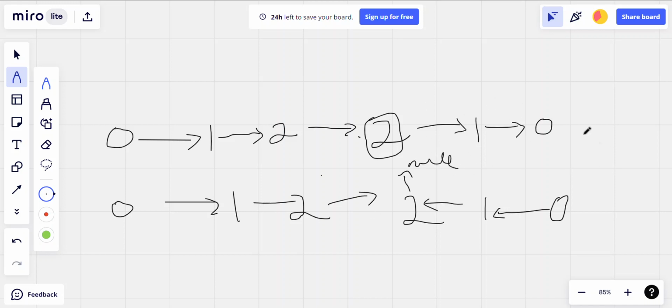So we need to reverse only the second half, and we'll get something like this. So after reversing, we can check, now we have both the parts here. So we can check if 0 is equal, yes. 1 is equal, yes. 2 is equal, yes. We can go on checking until